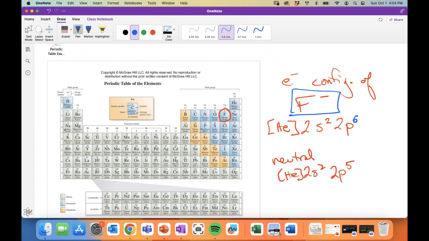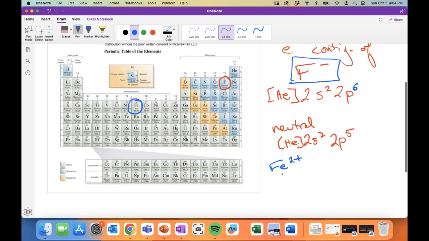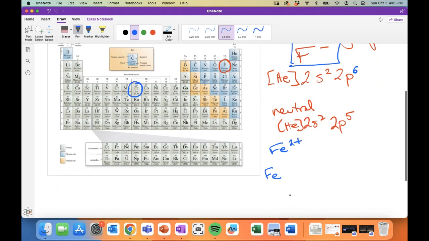Same general idea if I instead had chosen, actually we'll go ahead and do one of the ones nobody likes. I need to be nicer when I say that. We'll go ahead and do iron. So iron 2+. So we're going to still first think about the neutral form of the electron configuration for iron. So the neutral form would start us off with argon, and then 4s2, iron 1, 2, 3, 4, 5, 6,